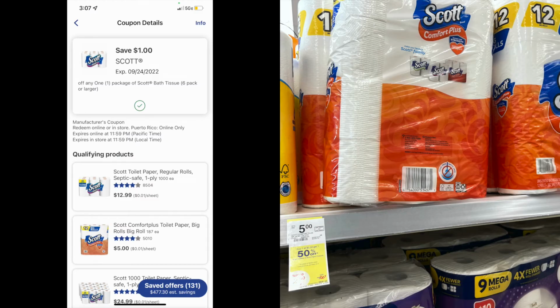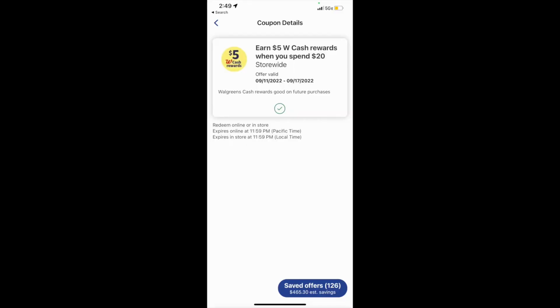Now this is what I was really excited about. This is the Scott paper towels or the tissue. They are $5, and then if you buy one, you get one 50% off. So the second one will be $2.50. So essentially, when you buy 2 packs, it's $7.50. So there is a $1 coupon on the app there that we have, but what I'm going to be doing is I'm going to be getting a total of over $20 in this Scott tissue and paper towels because I